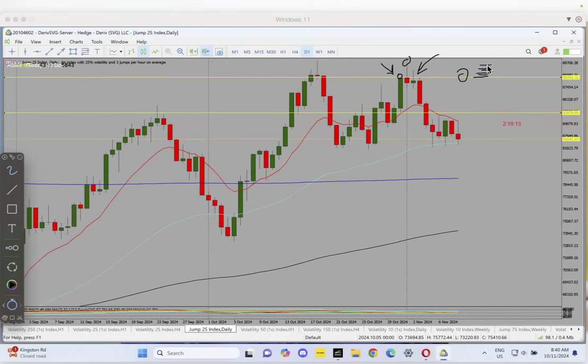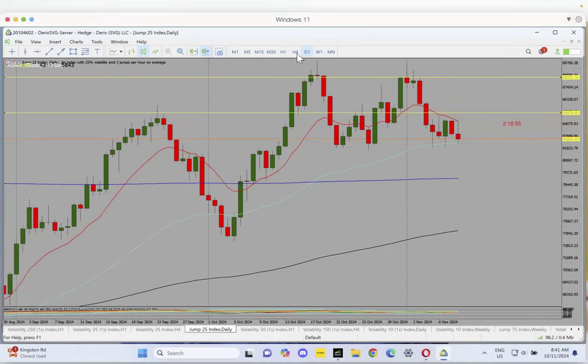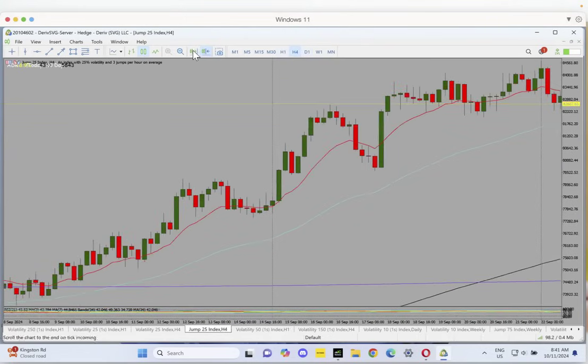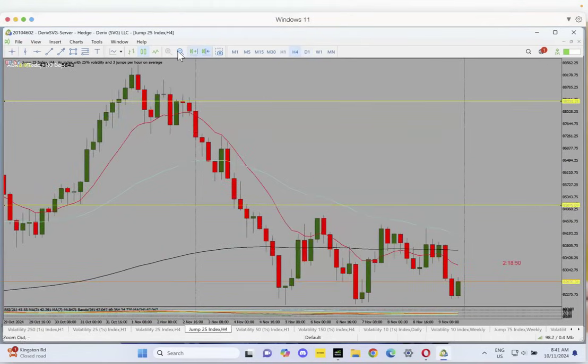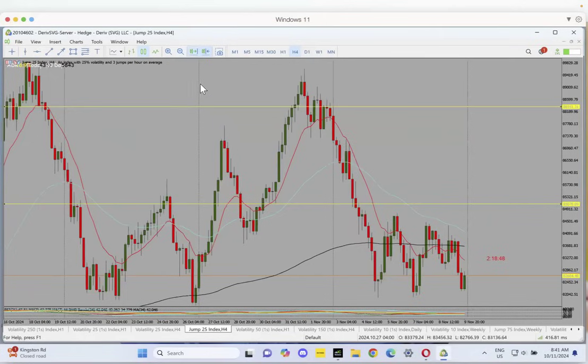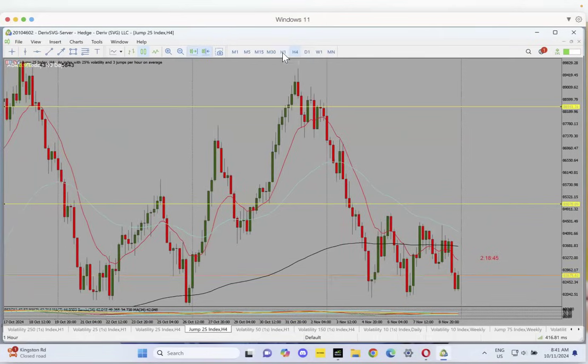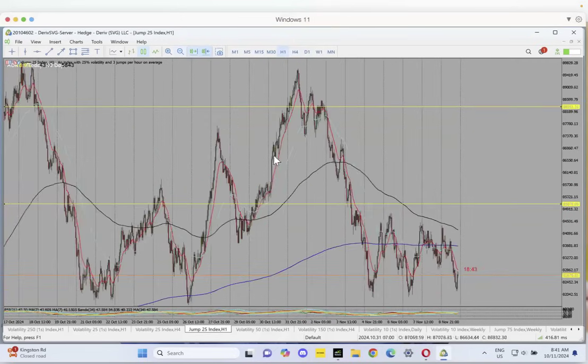Okay. And then we hold. So this was a very good example, because what it meant was you were going to take your entry in these areas and then just wait for the market to go down. Now, because this is the daily time frame, if we go to the 4 hour, let's see how it looks. Or maybe let's go to H1. So you see what I meant